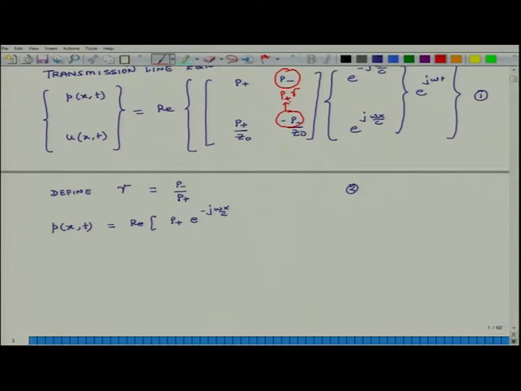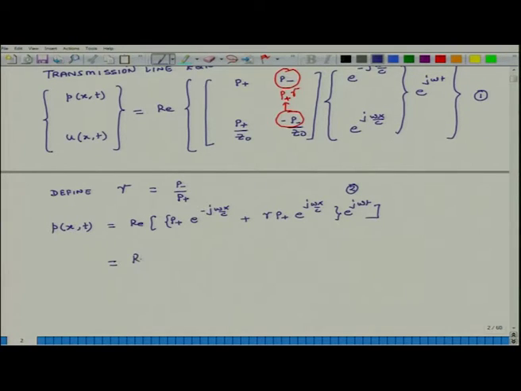Okay. So, I can take p plus outside the bracket. So, I am writing the first equation for pressure after making this change. So, what I get is p plus e to the minus j omega x over c, and p minus is gamma p plus e to the j omega x over c, e to the j omega t,